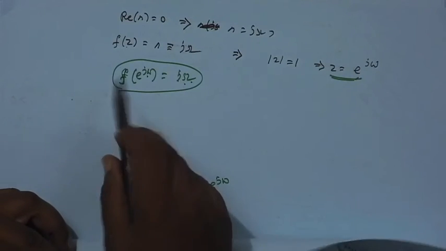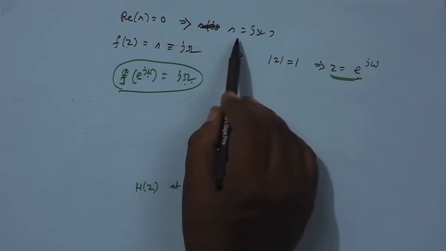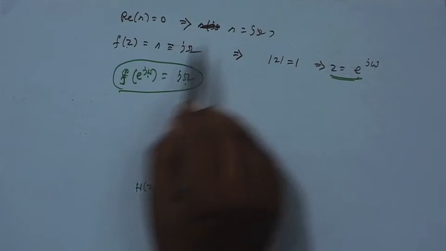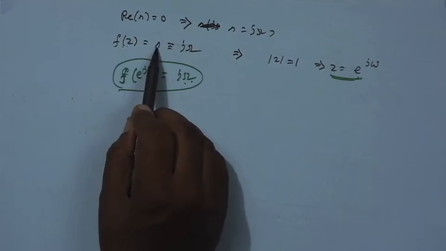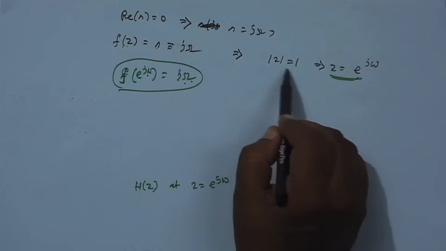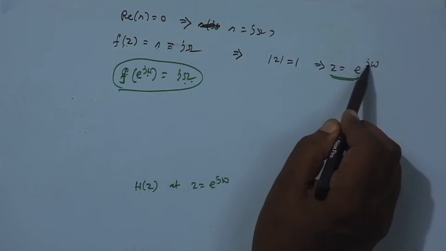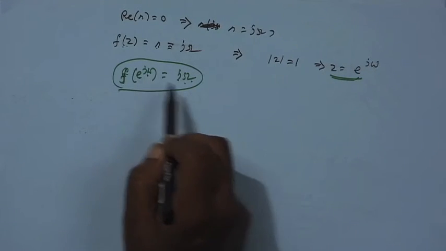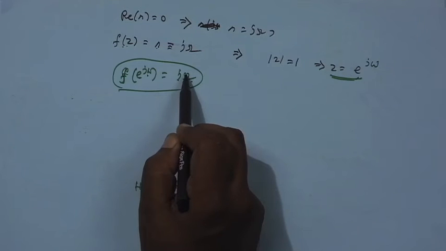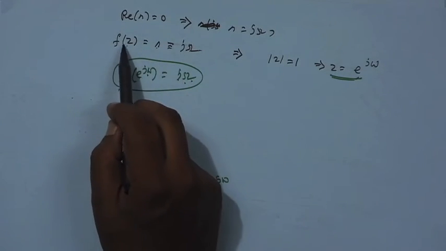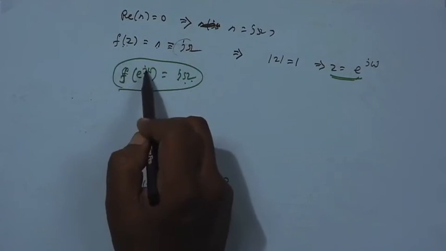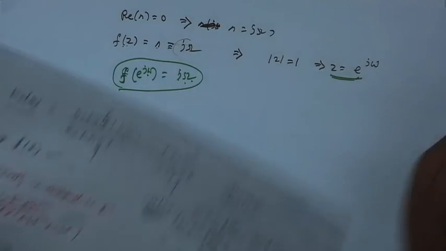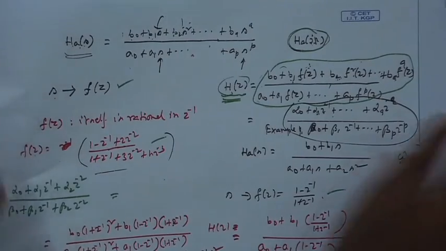Therefore, small f should be such that when the real part of s is 0 and s is just jΩ, then the solution of the equation f(z) equal to s should give rise to a solution whose magnitude is 1, and z should be e^{jω}, which means f(e^{jω}) should be a pure imaginary number. Or if you are solving f(z) equal to a pure imaginary number, the corresponding z should have mod z equal to 1, it will be just e to the power j an angle. So, these three properties, by this we can transform any analog filter into a digital filter.